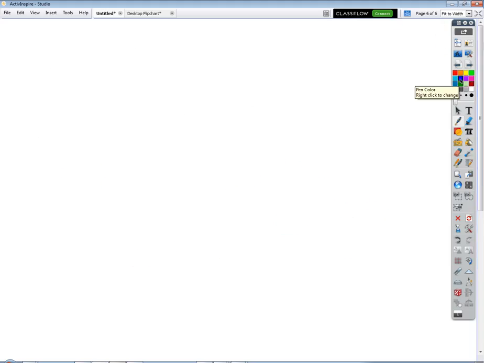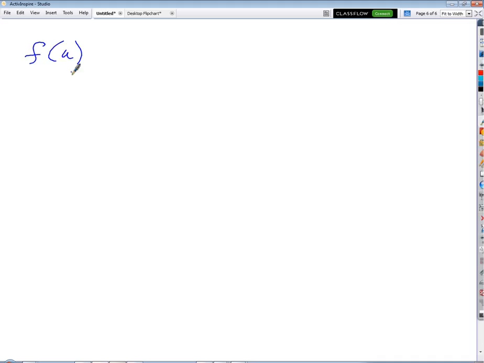Okay, what if we have something like this? What if we've got f of u, be careful with that, equals u to the fifth plus 5, and we have u equals g of x equals the cube root of x. Okay, and we're going to take this when x equals 1. What I want you to find here is